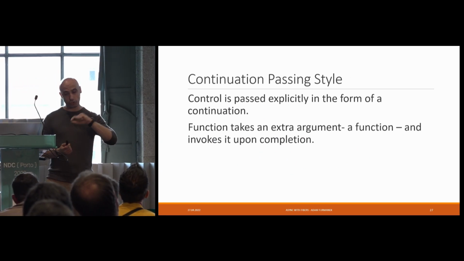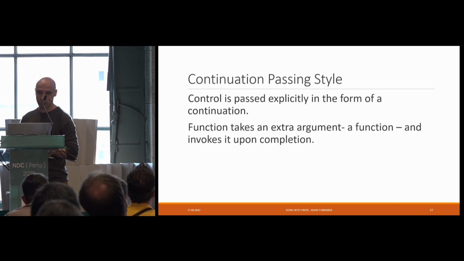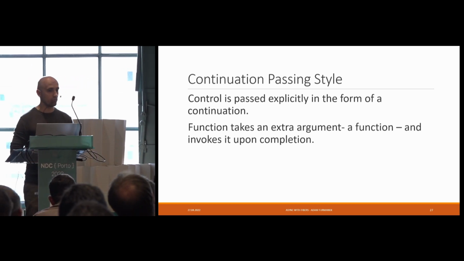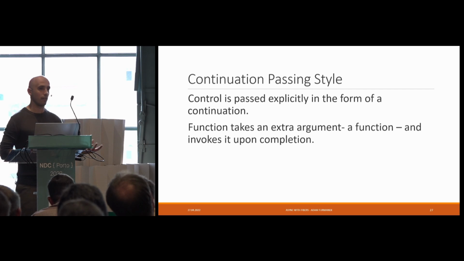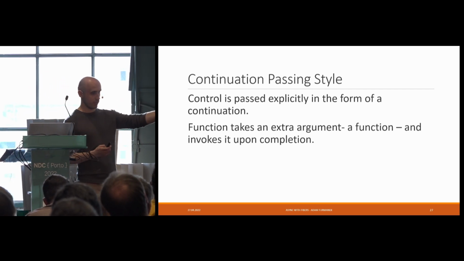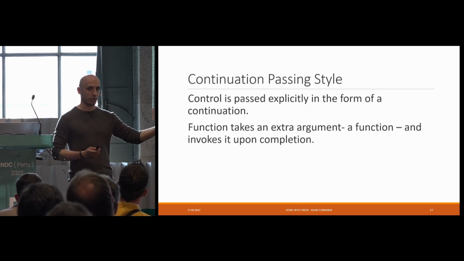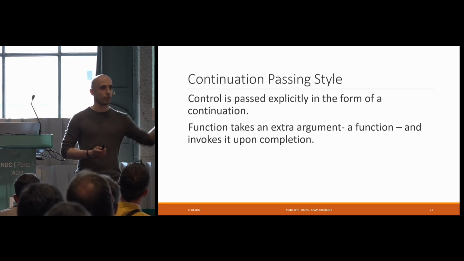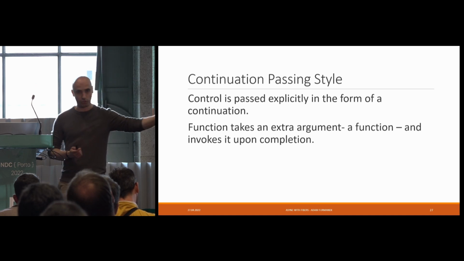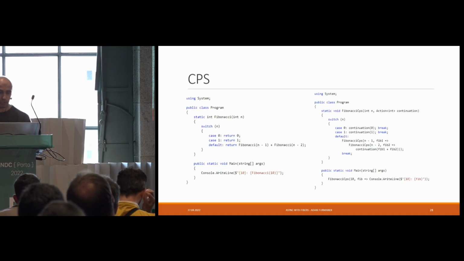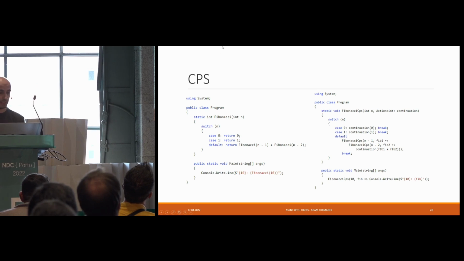Now, when it comes to a different thing we could do, we can go with a thing which is called continuation passing style. Instead of writing a method which gives us a value, we can write a method which gives the value to the continuation and calls the continuation. Sounds tricky, but generally is rather straightforward. Let's see this in action.